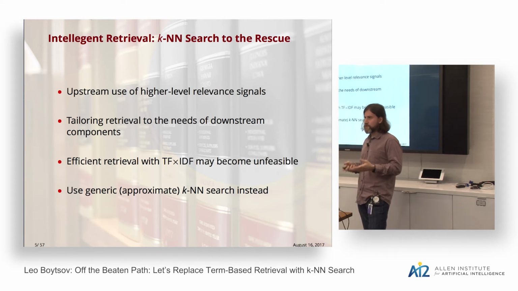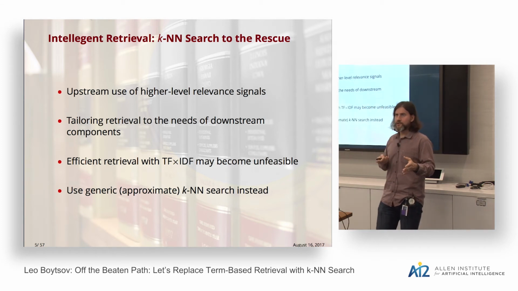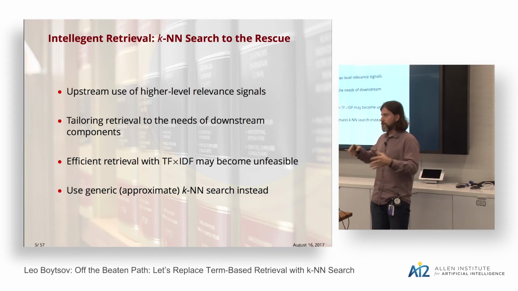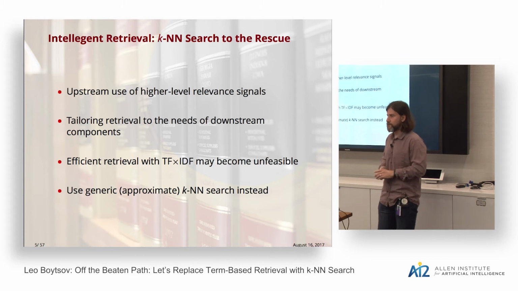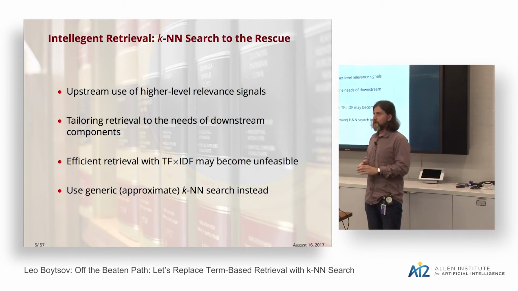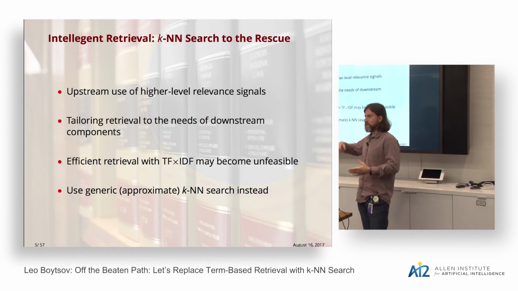And in most cases, we actually do it exactly. And when we have a short query, and a sparse query document matrix, we can do it really efficiently. But if we have a really long query, it stops being efficient. Or if you build a complicated linear model where you include a lot of relevant signals, then this sparsity doesn't help you anymore. Basically, it becomes an exhaustive brute force search. So exact search methods stop being efficient.